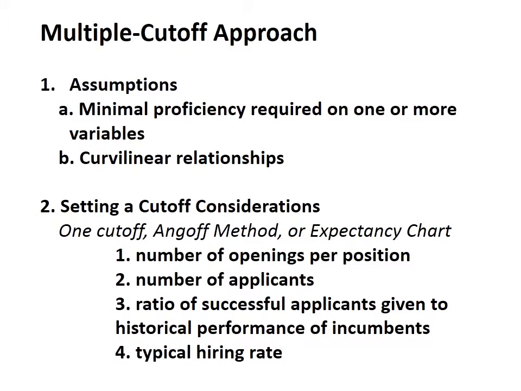So we had left off on decision making, basically talking about different ways to actually use selection measures. One of the other ways we can look at it is the multiple cutoff approach. So we're building off of just using multiple regression. If we're using multiple regression, we're using a series of selection tools, each one of them a continuous quantitative